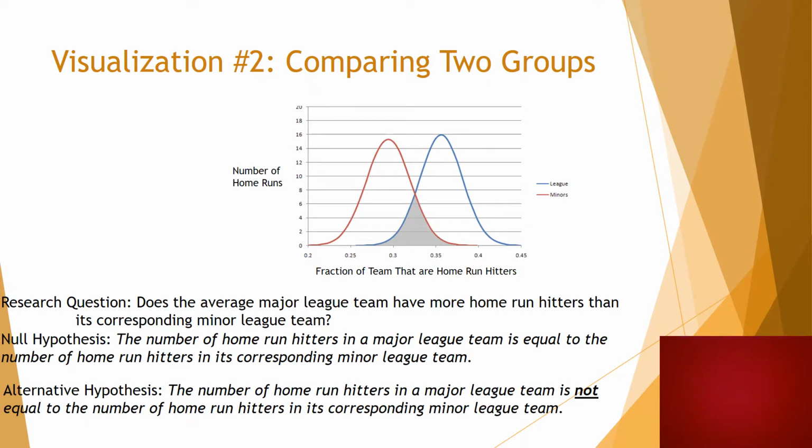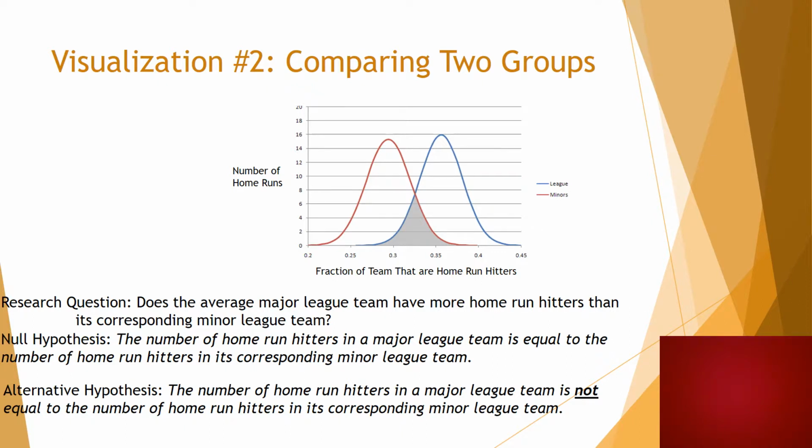Visualization number 2, comparing two groups. So here we have an example of some home run hitters in the major and minor league teams. The red curve represents the minor league teams. The blue curve represents the major league teams. The research question is, does the average major league team have more home run hitters than its corresponding minor league